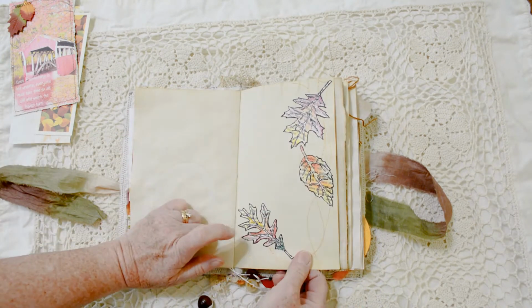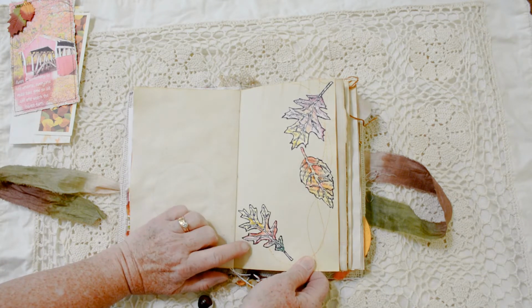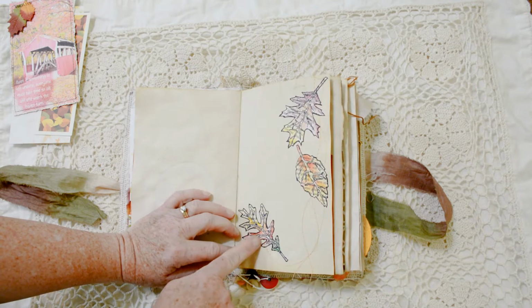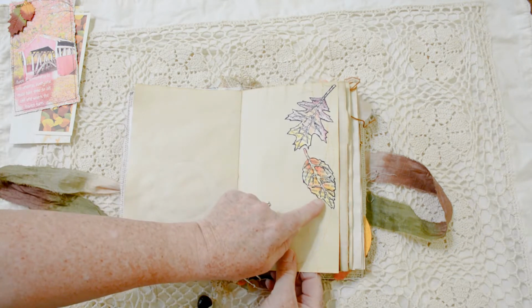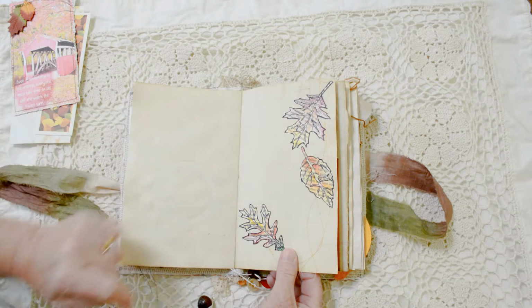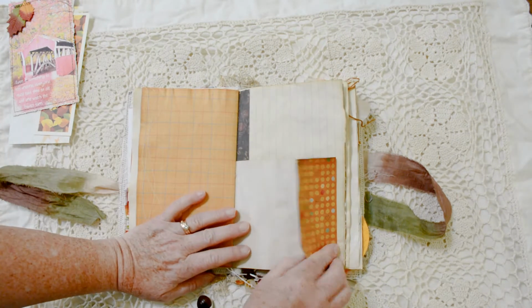Over here, I used a die cutter. I believe that's Tim Holtz. And you can follow the leaves down with the machine stitching and a real light orange thread. But all I did with that was edge everything with marker and then drew the veins in and colored it in a little bit, shaded it with coloring pencil. And this tips out